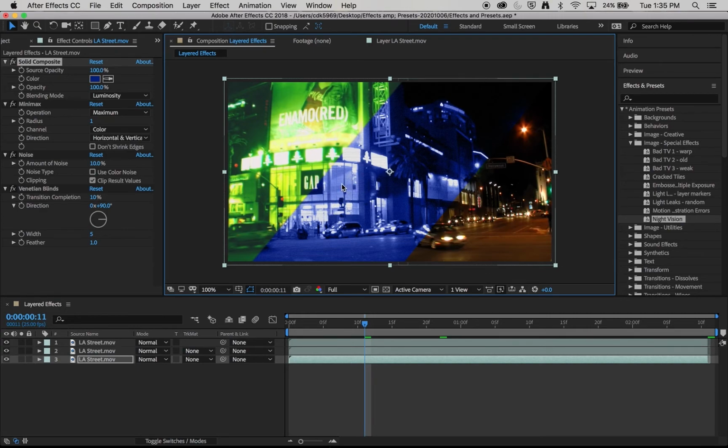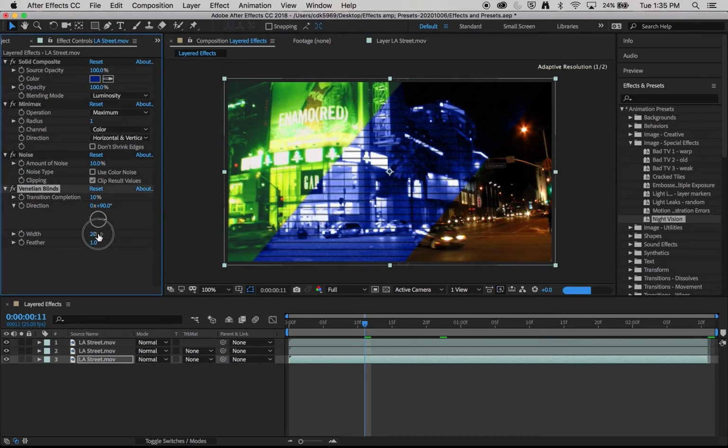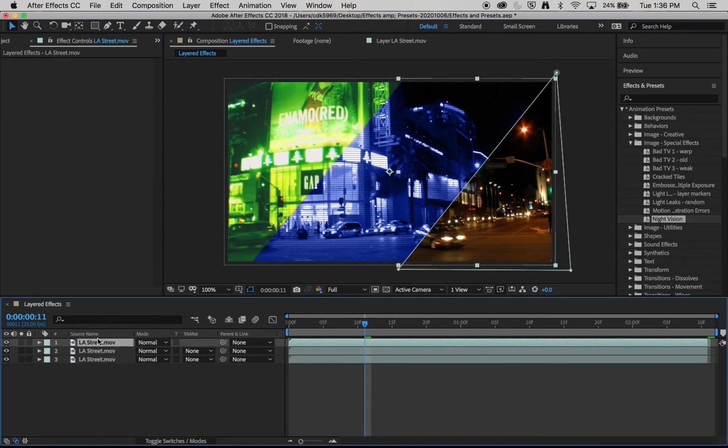I'm also going to increase the size of the bandings, so that'd be an effect called Venetian blinds. As I increase that, you see the stripes get larger. I think I'm going to go from 5 to about 8 just to make it a bit more clear and legible. And then we're on to our last corner here,